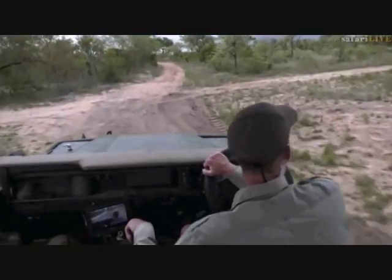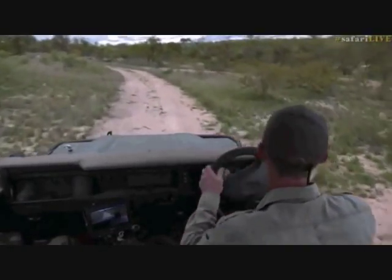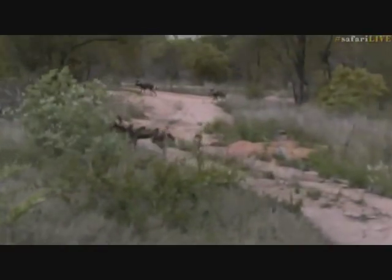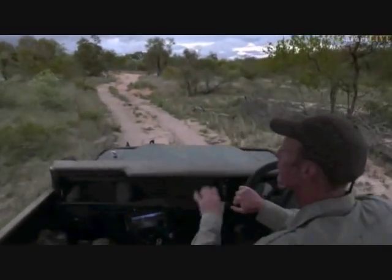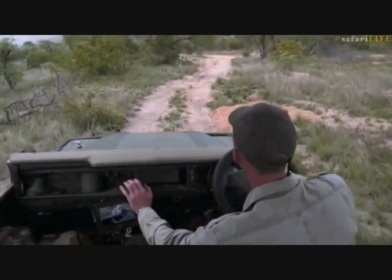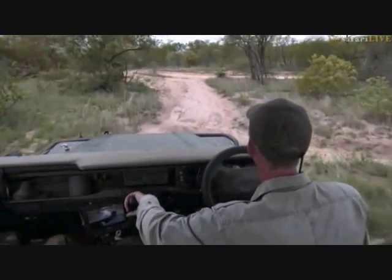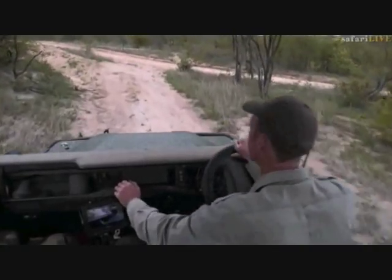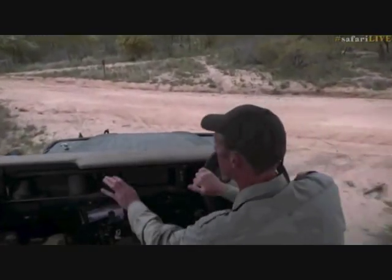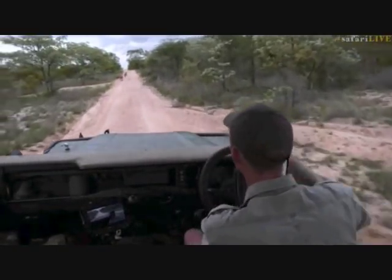Right, there they are. Okay, I'm going to cut across to the cut line so that we can get a bit of a better view of them as we go. There they are, just in front here. They've cut across there, still going up the cut line. So there's one or two running through the thick brush. The rest of them are all going along the cut line itself. So let's get onto the cut line. Okay folks, there they are on the road, a little bit up ahead of us. So we're now with wild dogs